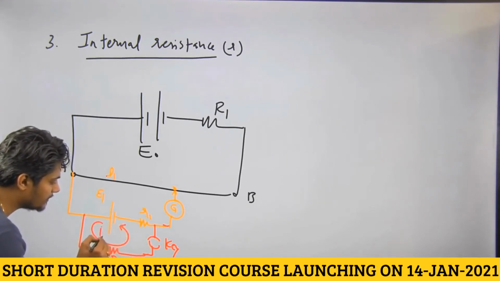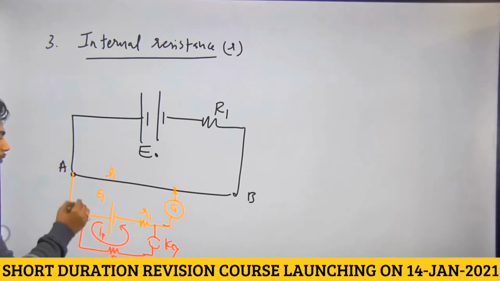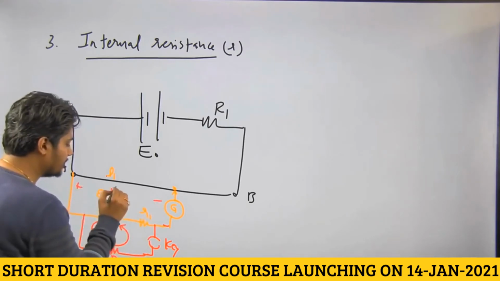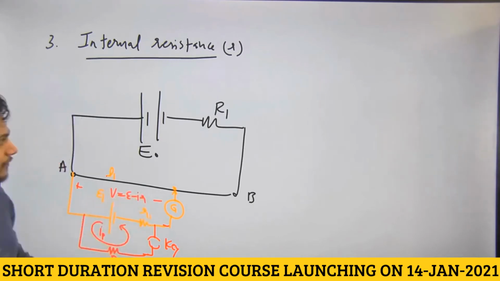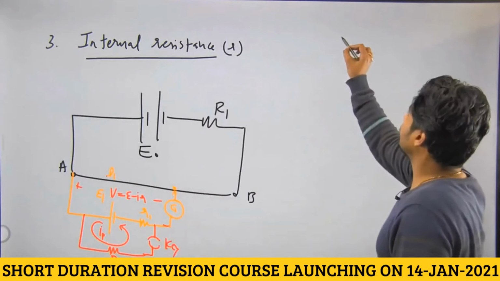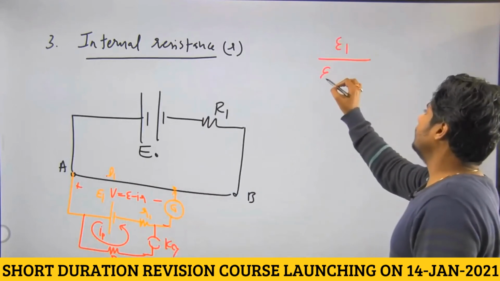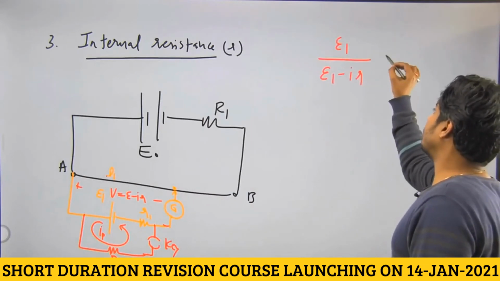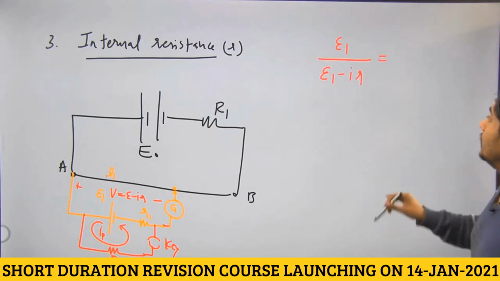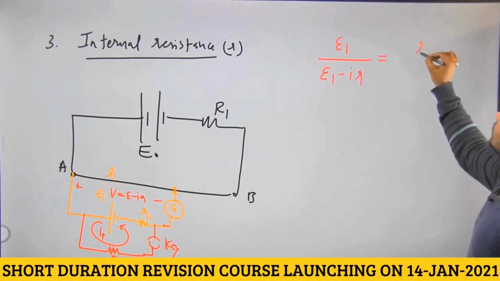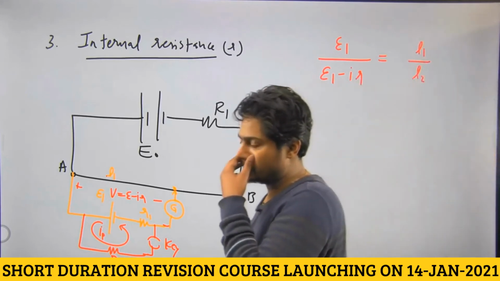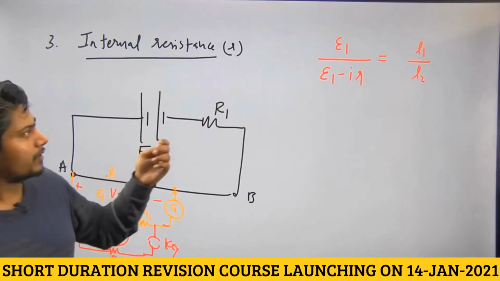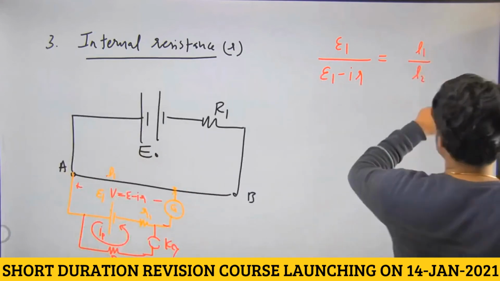the primary circuit. Let's say this is I primary, due to which the potential difference decreases and becomes V, that is E minus IR. So from here when you apply the law E1 by E2, it becomes E1 by (E1 minus IR) will be equal to L1 by L2. Very, very standard result. E1 upon (E1 minus IR) will be equal to L1 by L2.